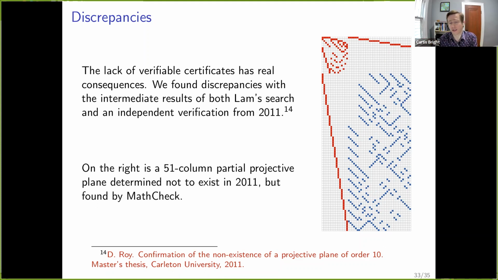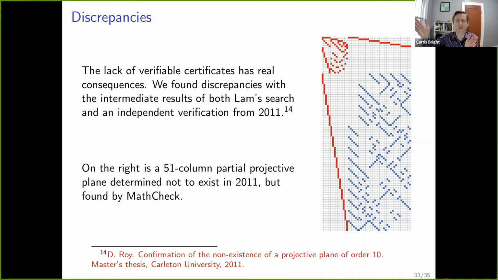And so obviously there was some kind of a mistake where they overlooked some part of the search because, as we can see, it does exist, right? And you can check that all of the axioms are satisfied, right? There's no quads in the matrix. There's 11 ones in every column, and